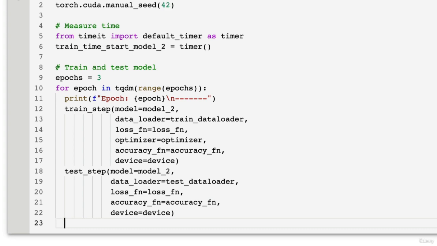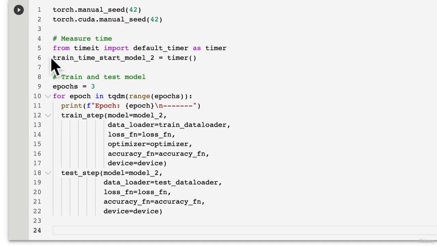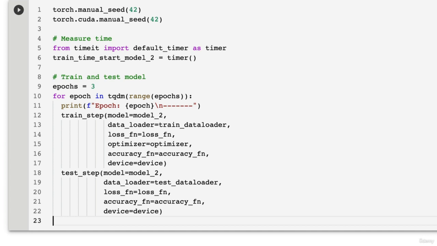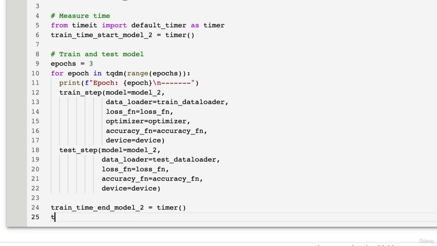And then what do we do now? Well, we can measure the end time so that we know how long the code here took to run. So let's go train time end for model 2. This will be on the GPU, by the way, but this time it's using a convolutional neural network. And the total train time for model 2 is going to be equal to print train time, our function that we created before as well,